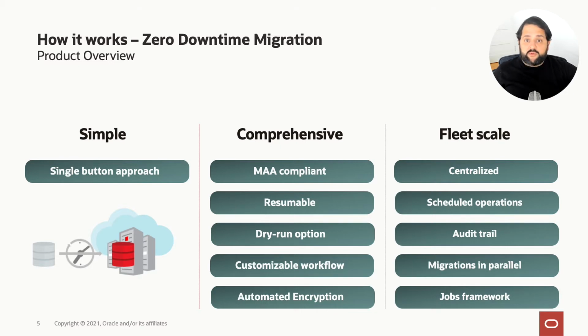As I mentioned, we grow to the size of your fleet, so we can migrate single instance databases, RAC databases, RAC One Node databases, etc. But also we can do them all in parallel. So when you issue a migration command, ZDM will generate the job ID, and then you can start querying that job ID to see how it's going. But ZDM will be working in the background. So you can actually have a second response file for a second database and issue a migration command as well for that one, and so on and so forth.